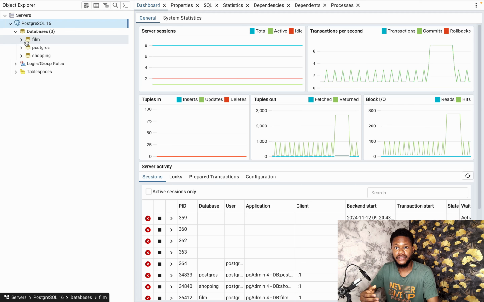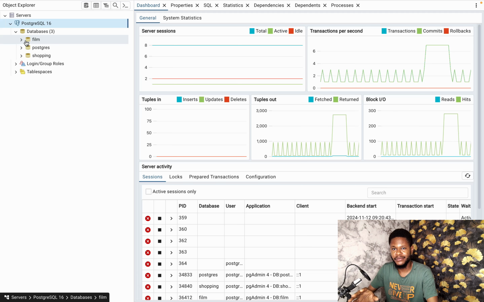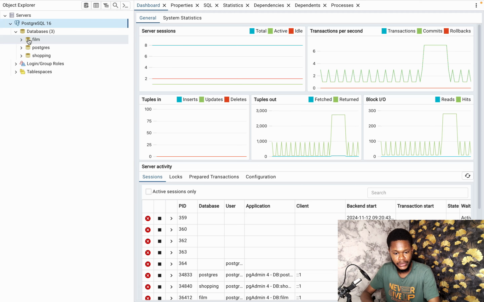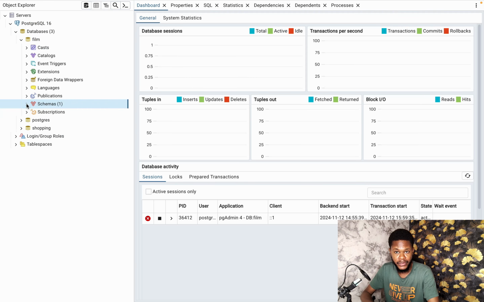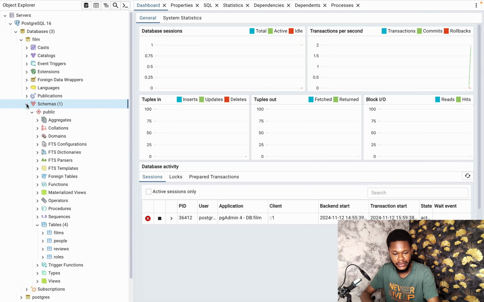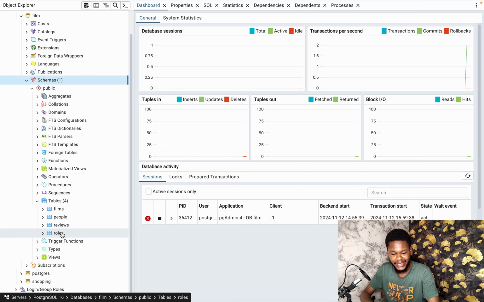You can also try out these commands with any database you have available, but you may have to change some things depending on the column names and the tables in that database. But for this one, so we have our film. I can maximize this and then maximize schemas. That's if your schema was already like this, you can now maximize it, and you can check tables. Now I'm familiar with the tables here. I know I have 4 tables. I have the films, people, reviews, roles tables. So let's say I want to see the columns in the films table,